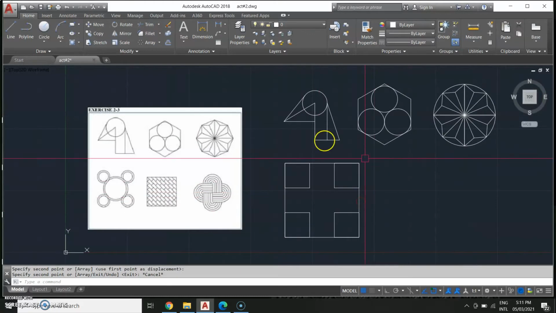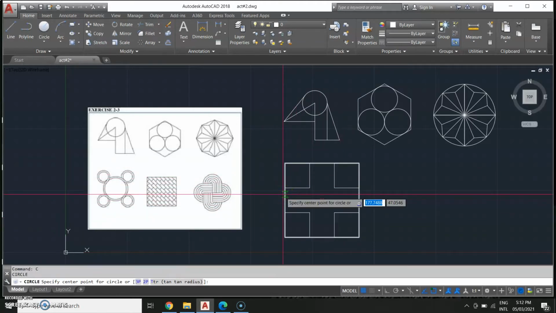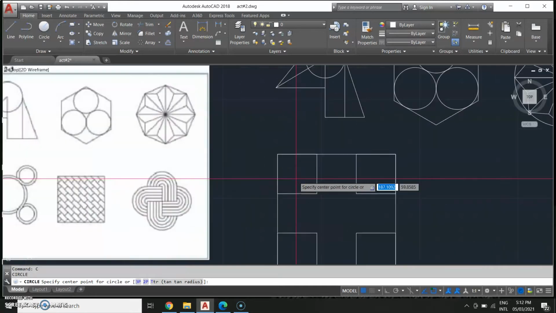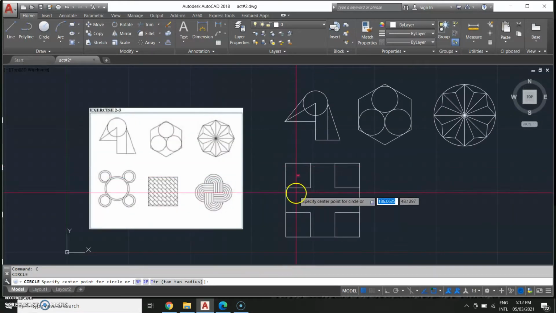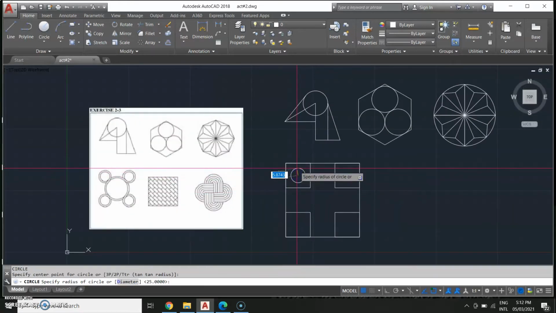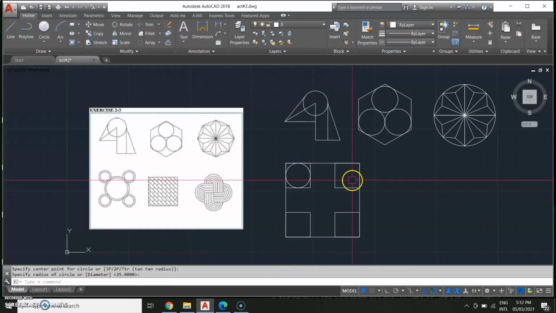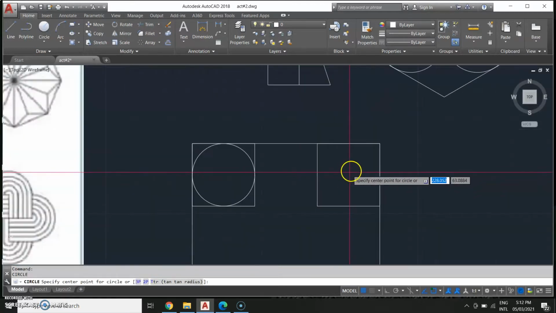So as you can see, we have a rectangle with four corners. In these four rectangles or four squares, we will create circles. First, we will find the geometric center of this square, then circle again